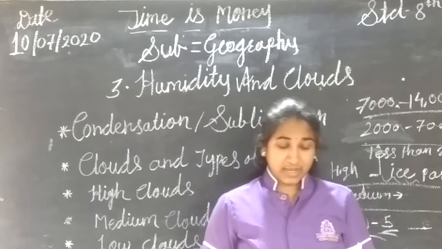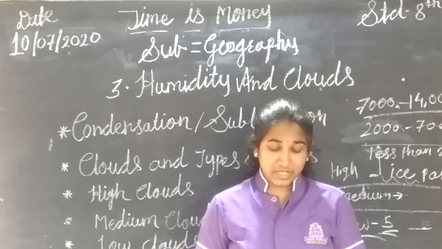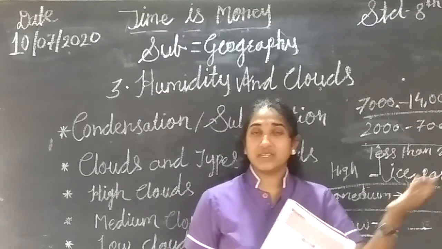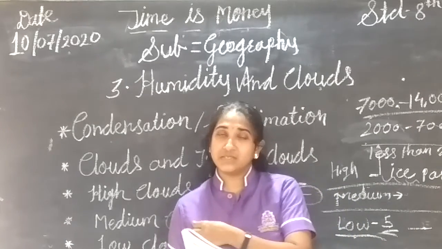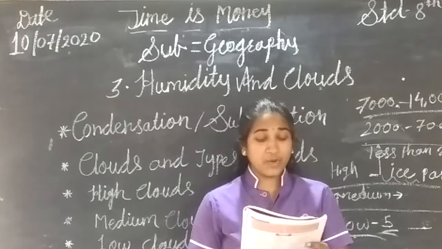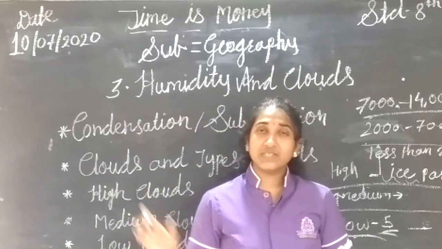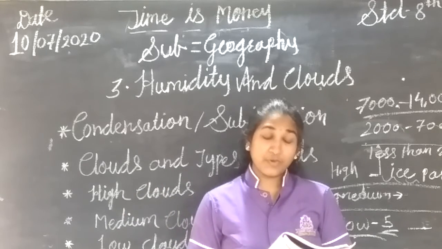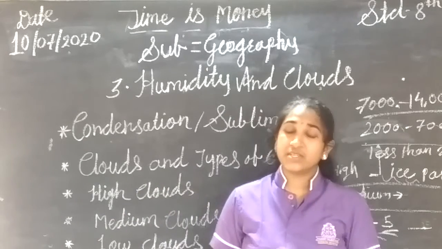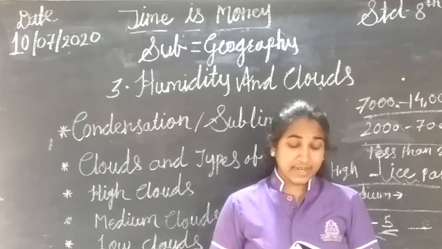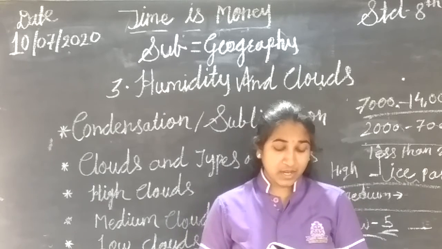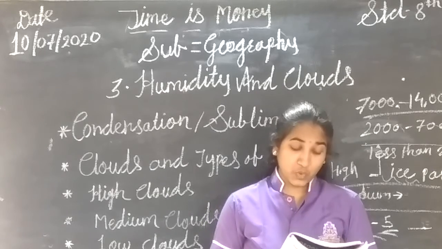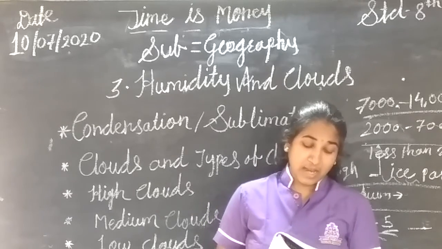The cumulonimbus clouds are the characteristic clouds which are indicators of thunderstorm. See, there are different types: for rainfall there is a different cloud, and for thunderstorm there is a different cloud. The cumulonimbus clouds are characteristic of thunderstorms. They look like a huge mountain, and are dense and dark in color. There is thunder accompanied by lightning. They bring rain with storm and may sometimes bring hailstorm. But such rain does not last long.